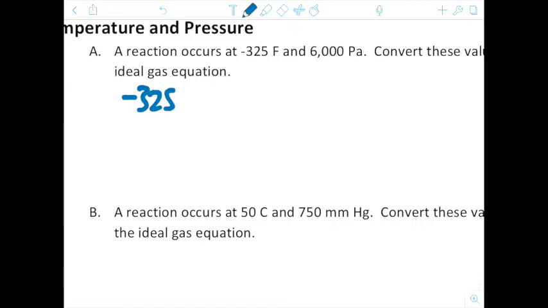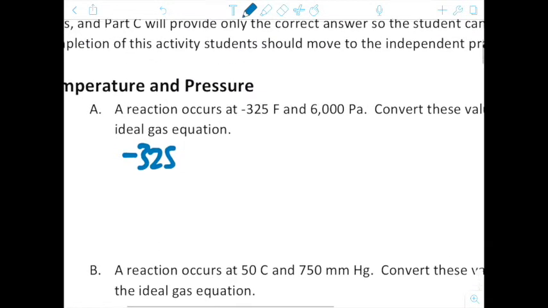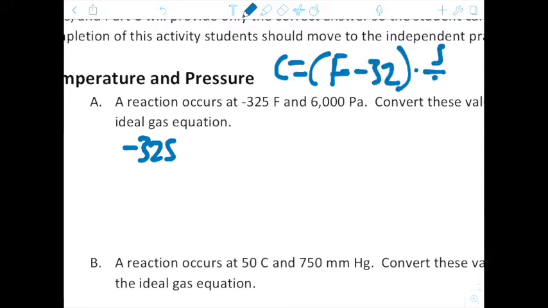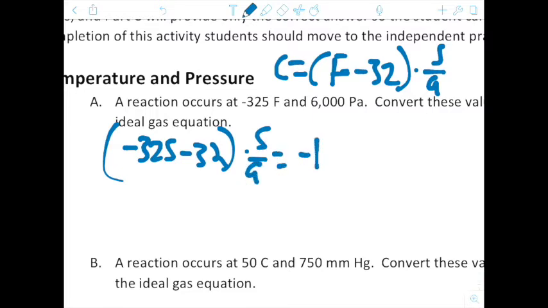First we use the equation where C equals Fahrenheit minus 32 times 5/9. We plug that in, minus 32 times 5/9, and we get negative